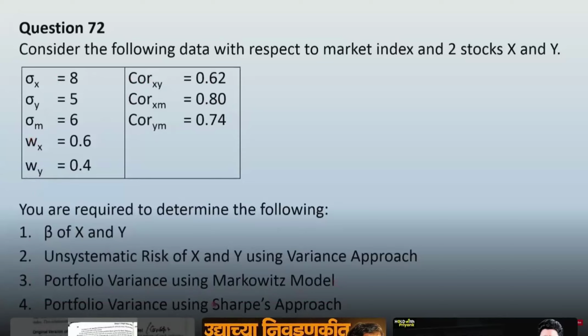And for computing portfolio variance using Sharpe's approach, you will need the standard deviation of the market, which is available, and you will need the beta of the portfolio. पोर्टफोलियो बीटा तो आपको इजीली मिल जाएगा क्योंकि दोनों स्टॉक्स की इंडिविजुअल बीटा आपने ऑलरेडी सेकेंड पार्ट में कंप्यूट कर लिए होंगे, और you will have to apply portfolio beta in squared form and thereafter you just have to make the necessary calculations. तो फ्रेंड्स चलिए ये देख लेते हैं सॉल्यूशन कैसे प्रेजेंट किया जाएगा।